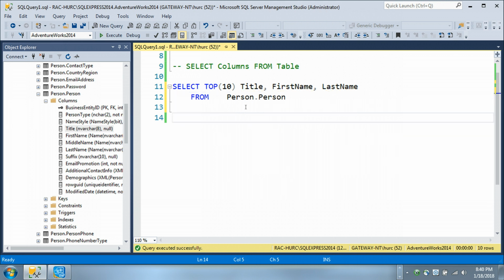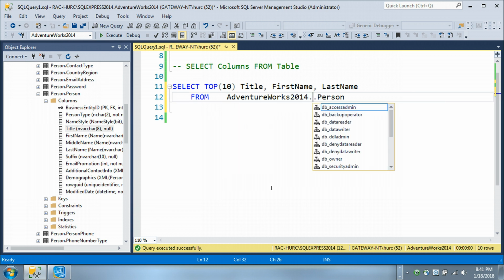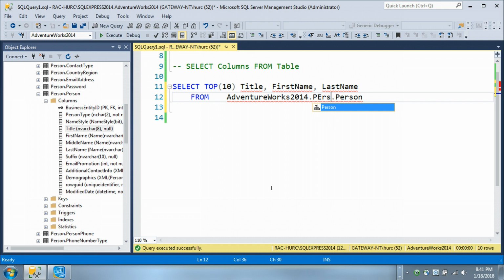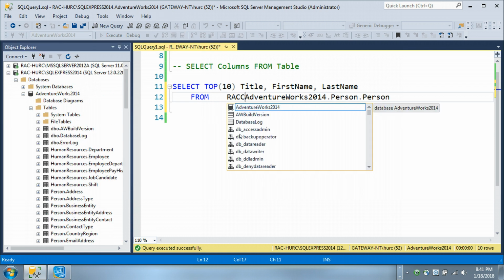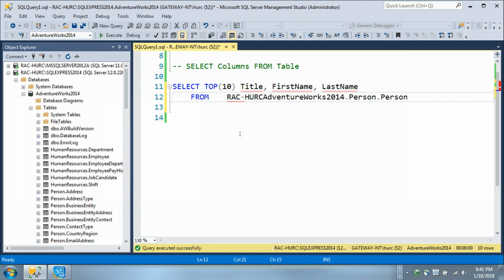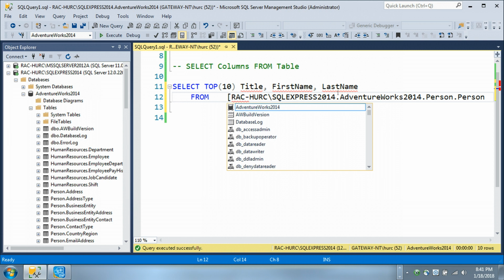Okay, so we omit the database. So if you want to put something like AdventureWorks.Person, right? That's the long way to do it. And you can even put the server here if you want. If my server is RAC-dash, put the whole thing there, SQLExpress2014, right? And then I have to wrap this with a bracket,